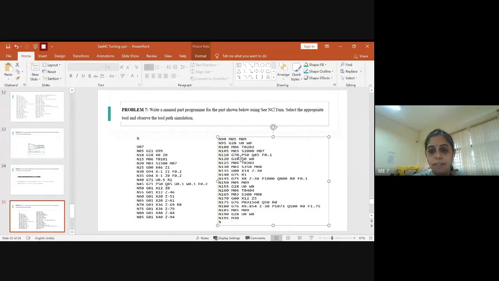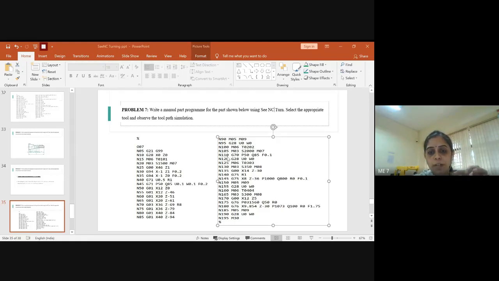So we completed the rough turning operation and the smooth turning. Is the slide visible? Okay. Yes, so we completed the finishing turning operation and then the tool is sent to the home position. In between, you can add one thing, the spindle off and the coolant off. I think that has been missing here.